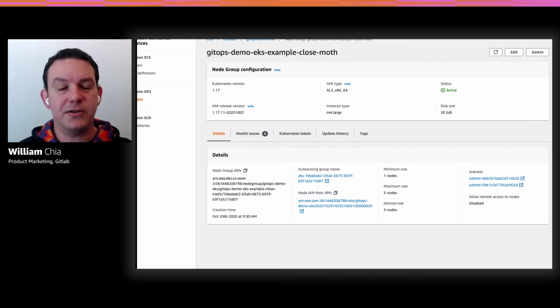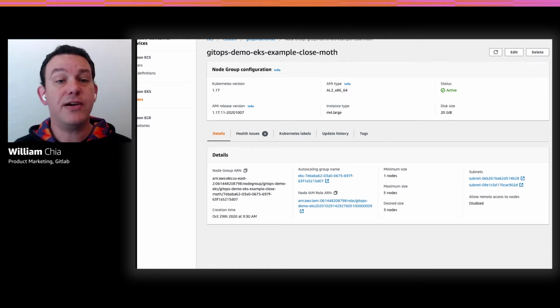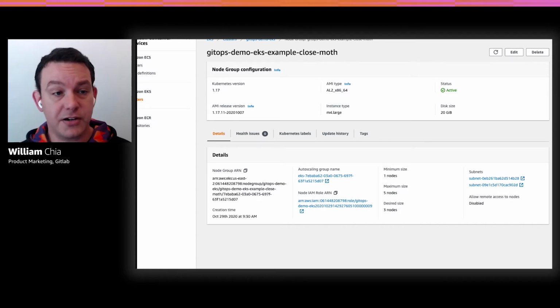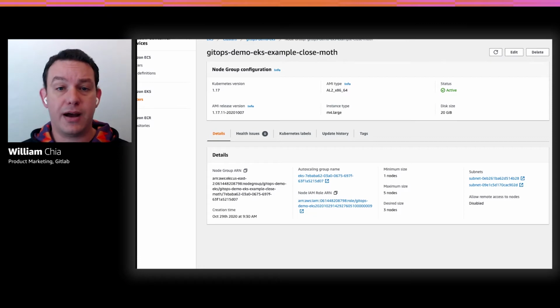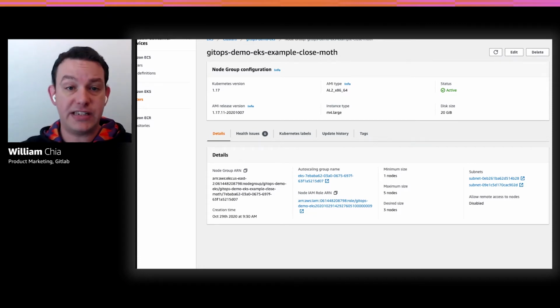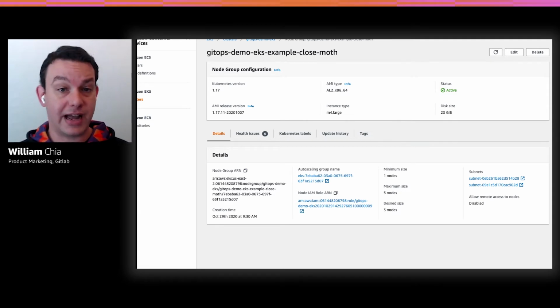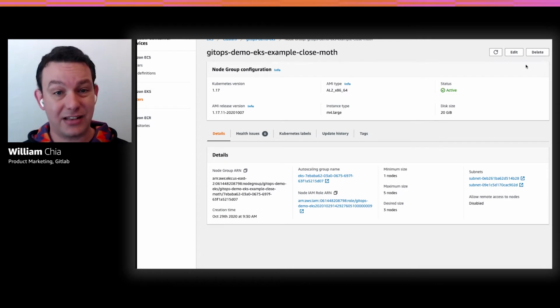So without further ado, let's just take a look at what this looks like in practice. Here's maybe a common scenario that you have found yourself in before. You are logged into your AWS console. Let's say you have a Kubernetes cluster and it's running on EKS, and you have a node group assigned to that cluster. And maybe you need to migrate some workloads off of a different cloud onto AWS. And in order to accommodate the migration of the new workloads, you want to expand the capacity of the cluster.